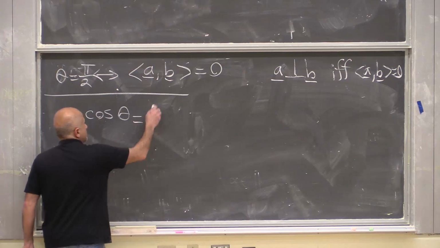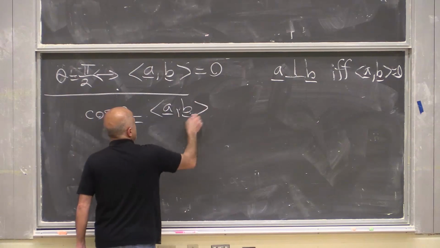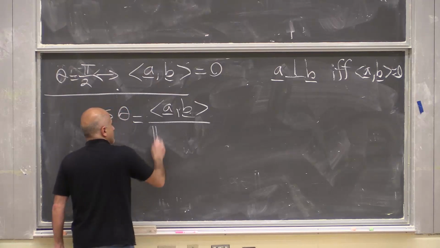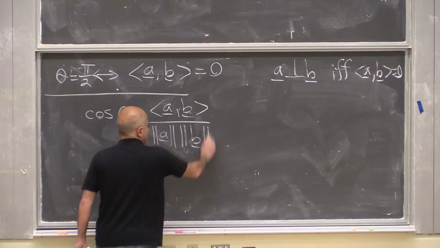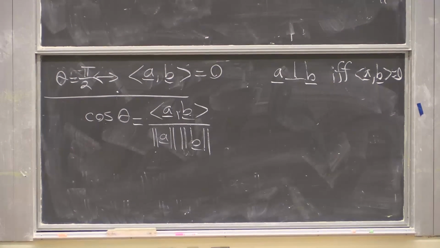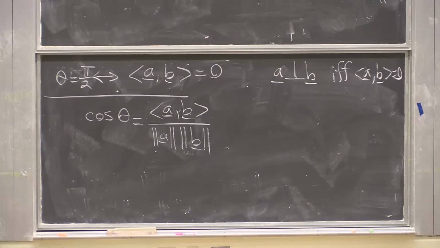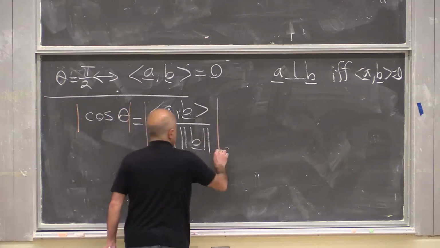So we showed that cosine of the angle between two vectors is this ratio, where the numerator is the inner product of the two vectors and the denominator is the product of the norms. If I take the absolute value of each side,